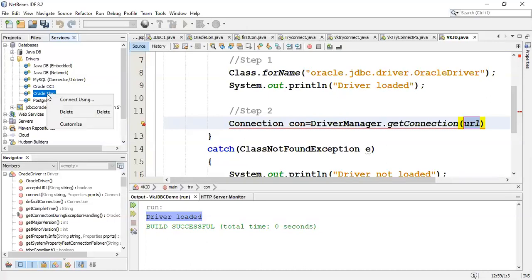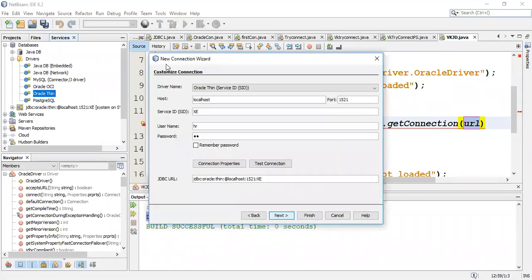I have to right click and say connect using. What did I do? I went to services. Inside that there is the drivers section. Explore the drivers section. I'll get Oracle Thin. Inside Oracle Thin, right click on that. I'll get connect using. The moment I click on connect using, I'll get a new connection wizard. Can you see this? Yes, ma'am.